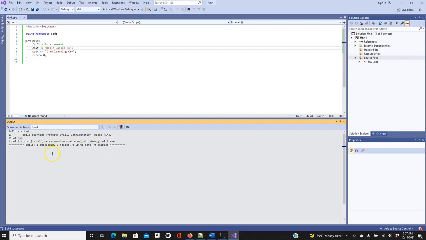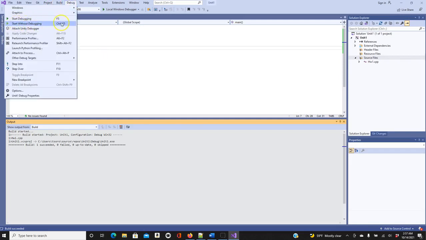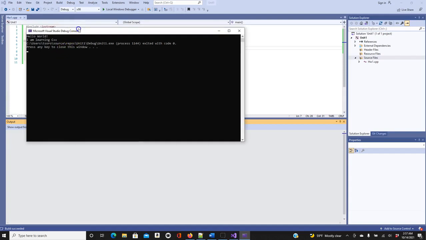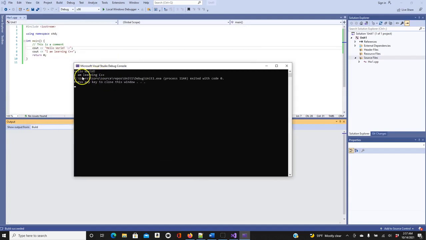It means that everything works fine. Now you can run it by pressing Ctrl plus F5, or you can do this one here, and this should give you the output here: hello world, I'm learning C++.